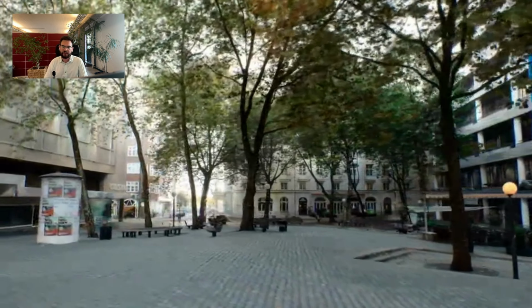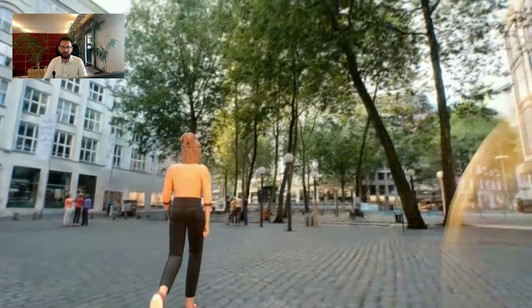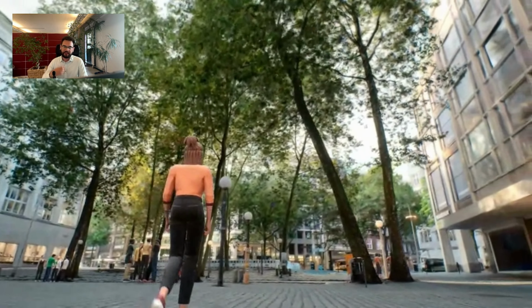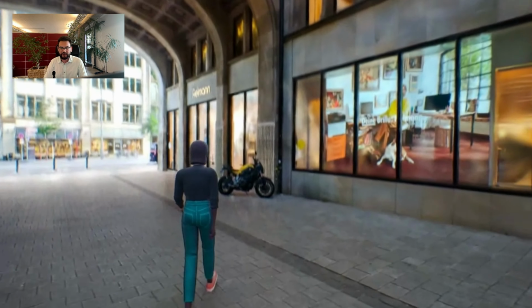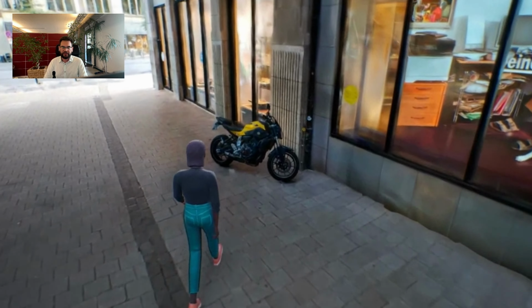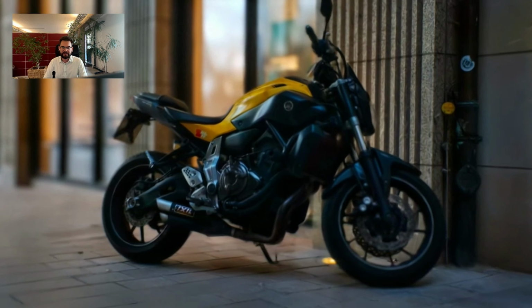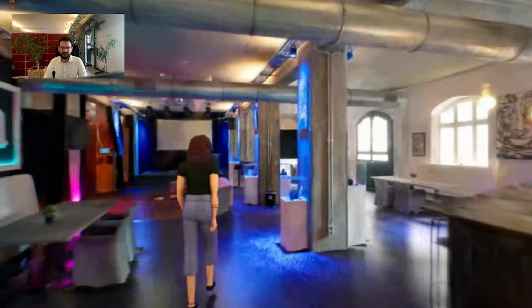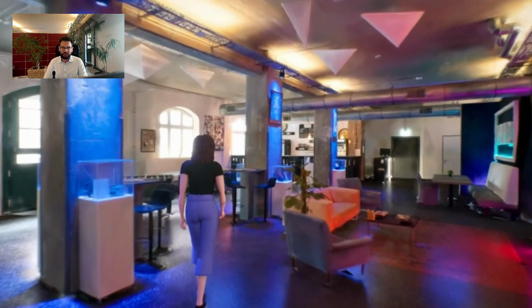So the last 1.5 years, we experimented with what is the best way to get the real world into the Unreal Engine. And we figured out that the Gaussian Splatting technology is advanced enough that it can be used. The great thing compared to photogrammetry or reconstruction is it's much more performant. It's faster to create, and reflections change when you walk around.